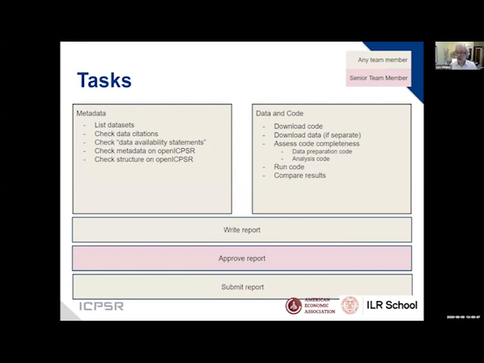So what are the tasks that my team here does? There's two relatively distinct set of tasks. The first one is focused on metadata. So the RAs go through and list out all the data sets that an author is using. Now that might seem simple, and in most of the discussion in the reproducibility world, it's like a paper has one data input, it processes it, produces tables, it's a very linear thing, etc.